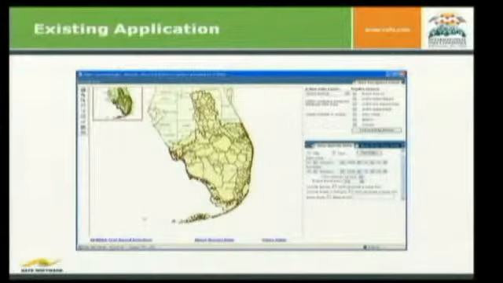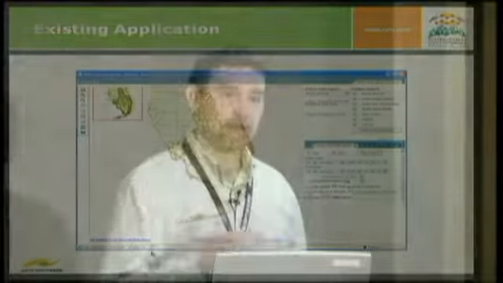Just wanted to point out real quick that their existing application for looking at this rainfall data was an ArcIMS site. It's a pretty good site, but one of the things it doesn't do is animate the rainfall. So what they're seeing is basically static incarnations of the rainfall that fell at particular day times. They've always wanted to be able to see the rainfall animate, kind of like what you would see on the Weather Channel, but also be able to identify the discrete rainfall values to help them make their decisions